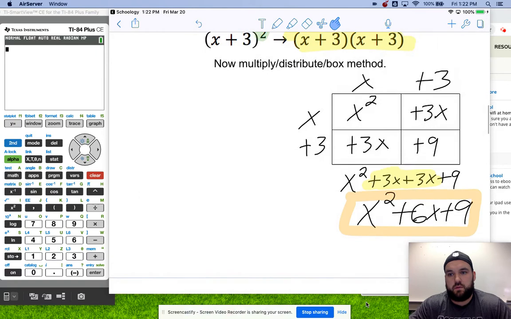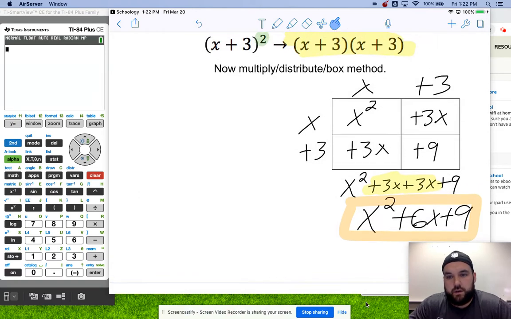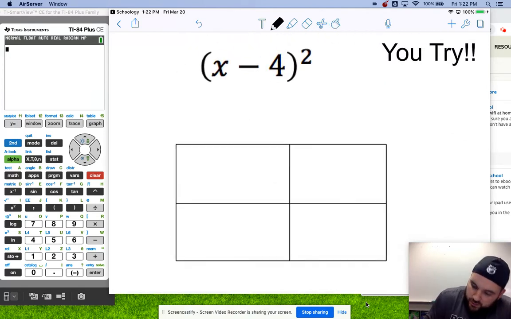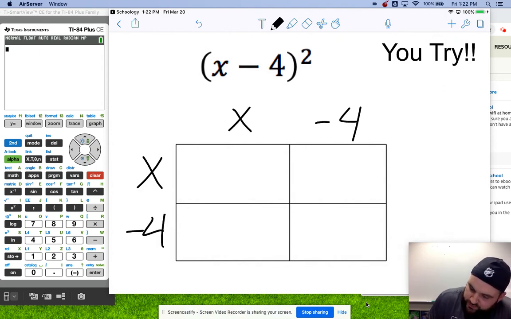It means we're going to write it out as two identical sets of parentheses, and then we're going to go ahead and distribute. So go ahead and take a minute and try these two out and see how you do. Since we're going to move pretty quick through this,